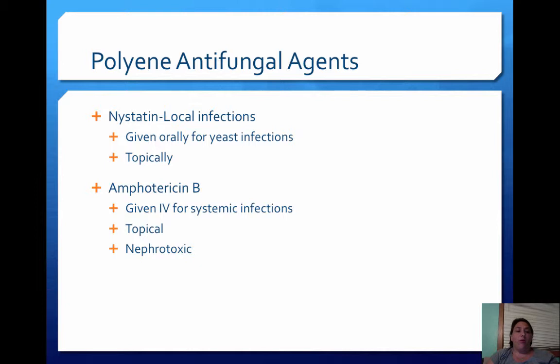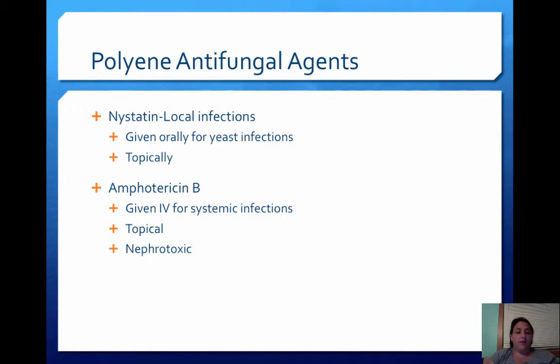So there are Polyene antifungal agents. Nystatin. This is usually a topical. It's used for local infections. And normally it's used for things like otitis externa. It can be given orally for yeast infections, and this would be if it's secondary to use of antibiotics. And then there is